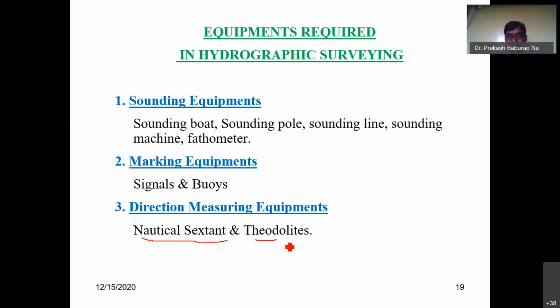Theodolite is utilized only to set out the angles from the shore side. But within the water bodies, you have to observe angles between the station points from the shore side towards the river or the water body by using the nautical sextant. It is a handy instrument and is helpful for measuring the angles from the boat, and you have to fix up the boat points, and through that, for sounding locations, you have to measure the angles and fix up the boats to sail the boat